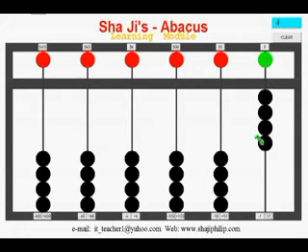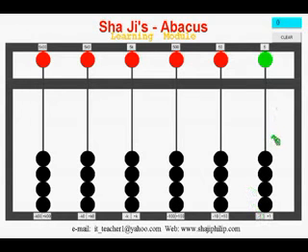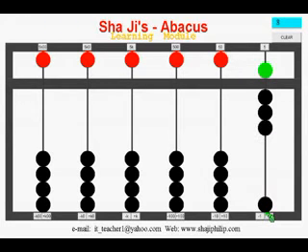But for setting the value of 5, we have to pull all the earth beams down. Now it will be 0, but if you move the heaven beam down, then the value is 5. Now the current value of this abacus is 5. If you want to make 6, then 5 already, plus 1 is 6, plus 1 is 7, plus 1 is 8, plus 1 is 9. So now the value 9 is set in the first set, that is the units beam.